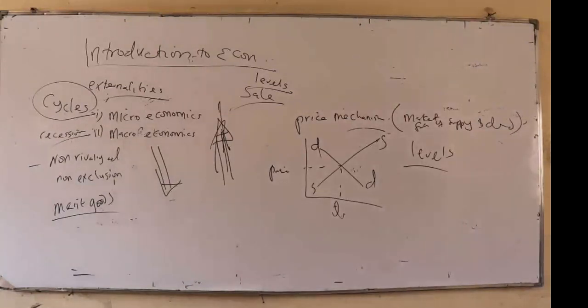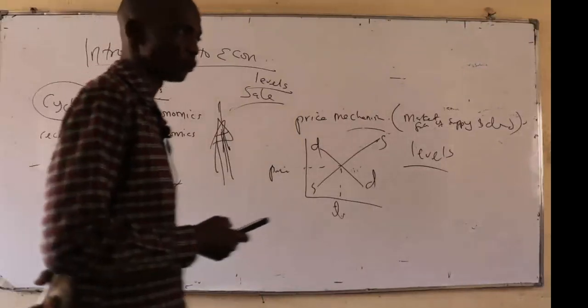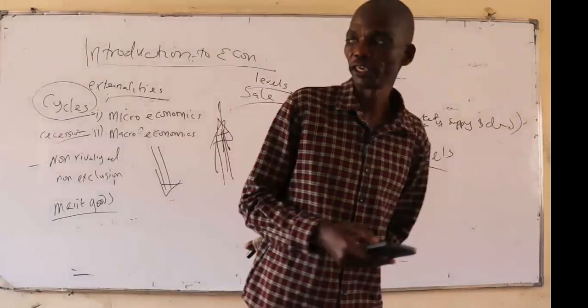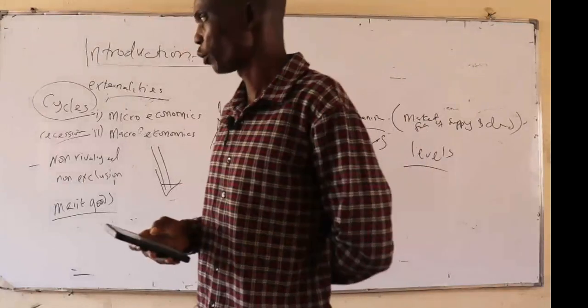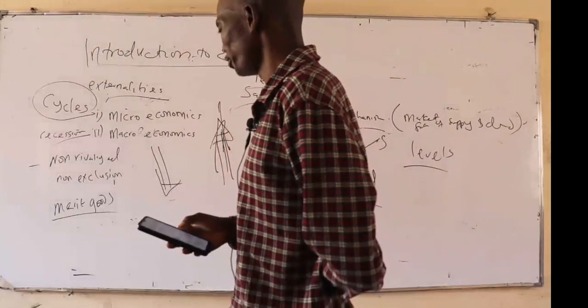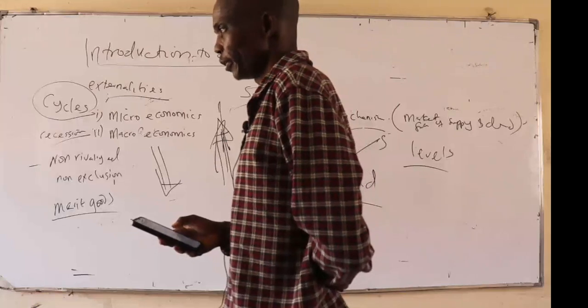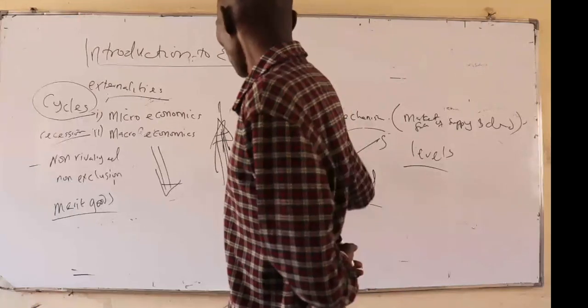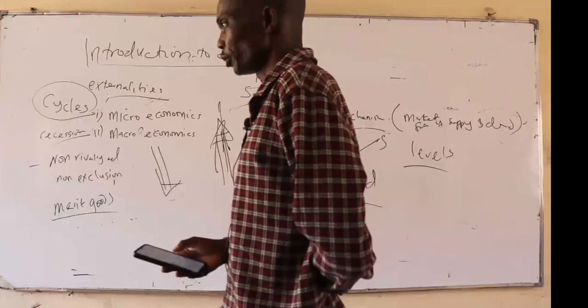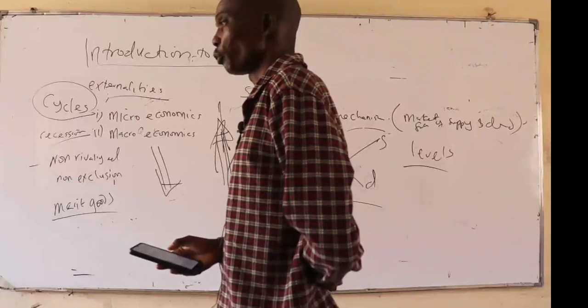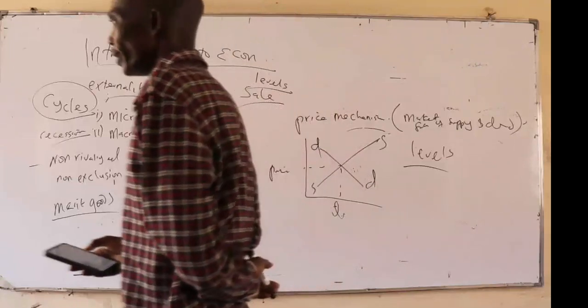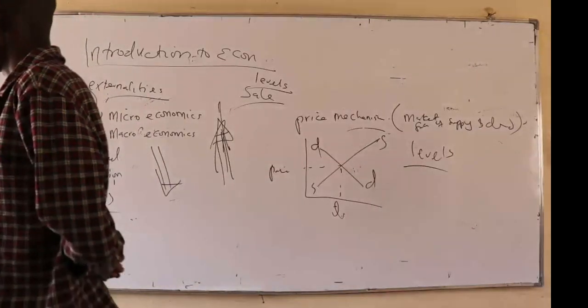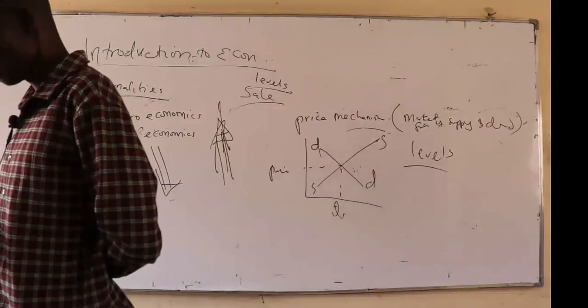So we are saying that in this system, the decisions on resource allocation are left to the state, and it's done by what we call the Central Planning Authority, which is appointed by the state. So that body replaces the work of the price mechanism. So the questions on how to allocate resources, what to produce, how to produce, and whom to produce for are left for that authority to undertake.